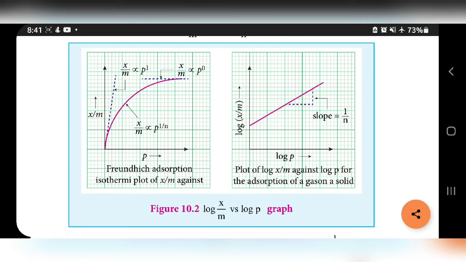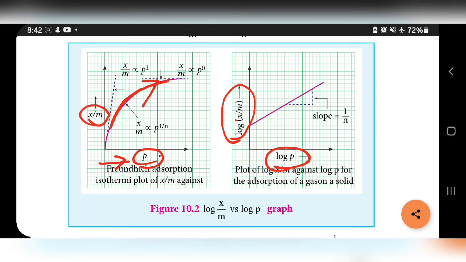See this picture. In our previous concept, that is isobars, the graph plots between x by m and temperature. At isotherm, the graph plots between x by m and P. So here one more graph is given. In this graph, we plot log P and log x by m. From this graph we understand that if pressure increases, x by m values also increase,